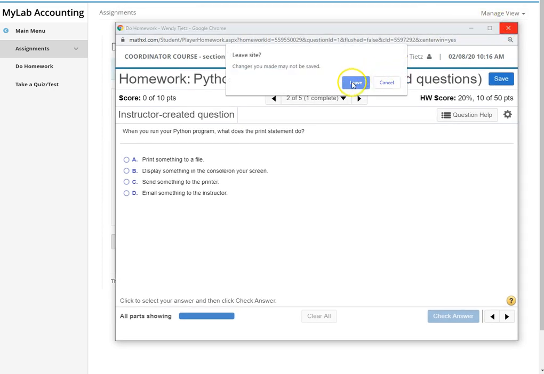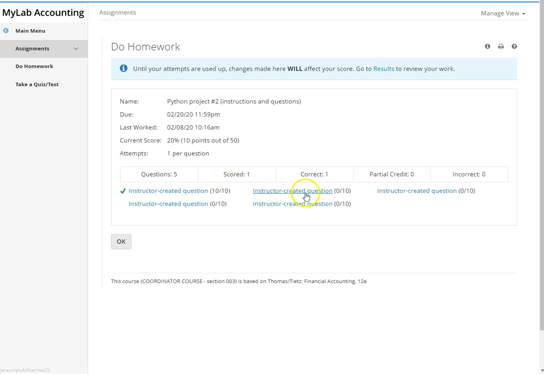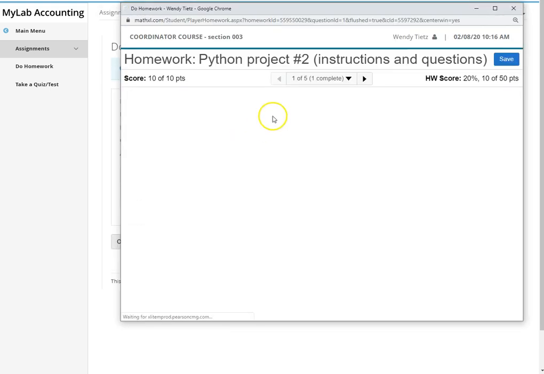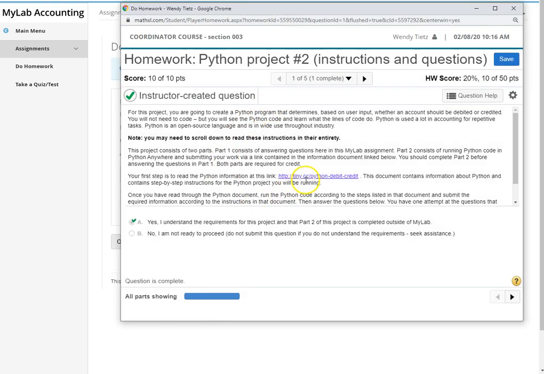I guess 5 questions, so you'll do those. You want to make sure you've submitted them. And you have to be sure to do the second part of the project, which is in that first question. That first question gives you all the instructions. You go to this link, you download that document, and that's going to tell you part 1 is in My Lab, part 2 is outside My Lab, and it gives you